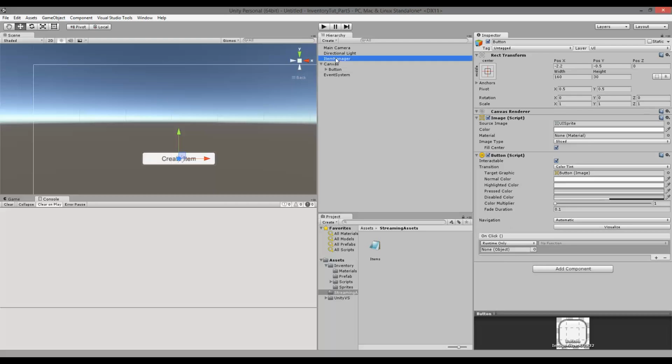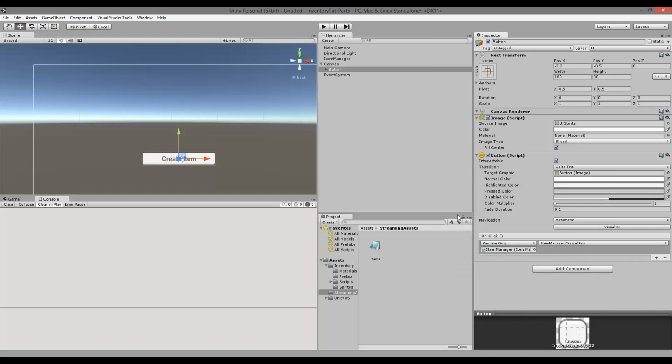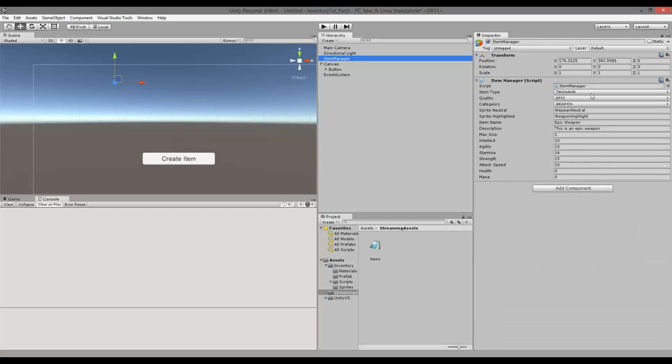So just take the item manager and drag it here, go to the function, select the item manager and then select create item. When you've done that, click on the item manager, make sure that you are happy with everything that is here, and then we're gonna play our game,